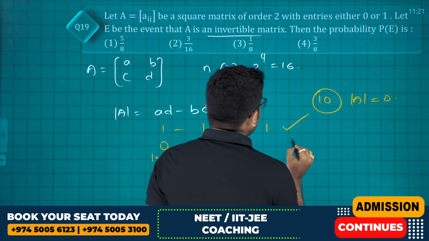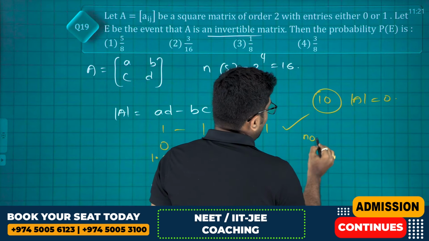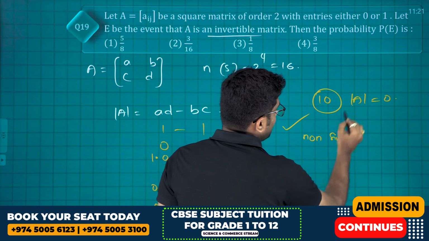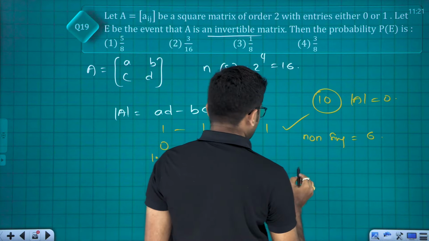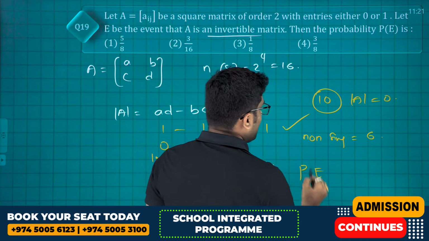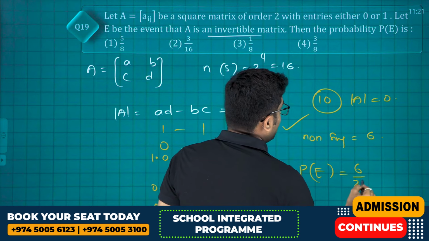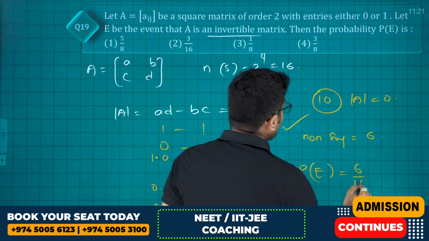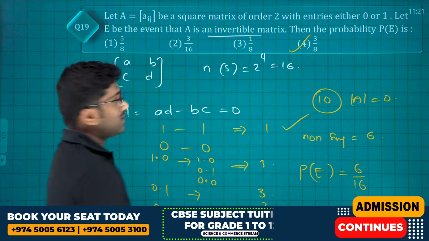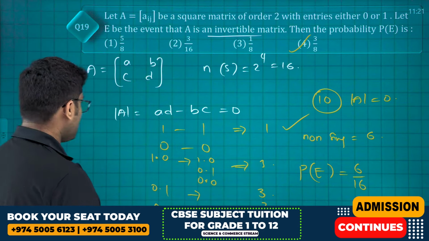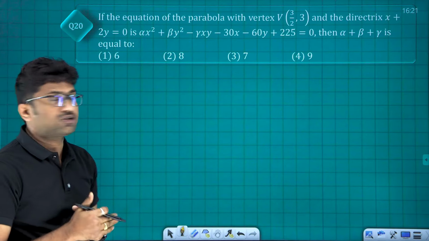That means non-singular: 16 minus 10, which is equal to 6 cases. Therefore required probability is 6 divided by 16, which is equal to 3 by 8. In this question,